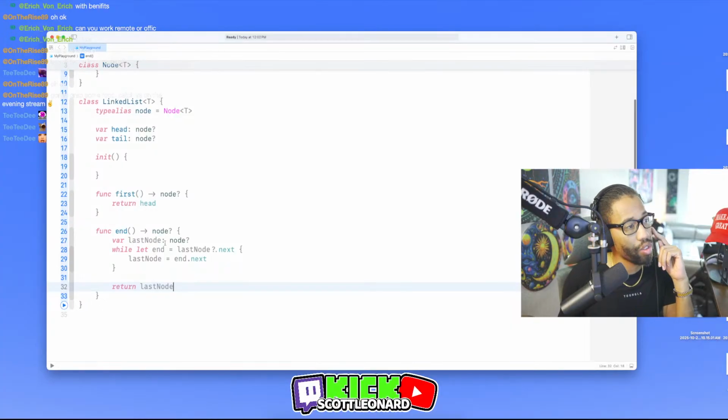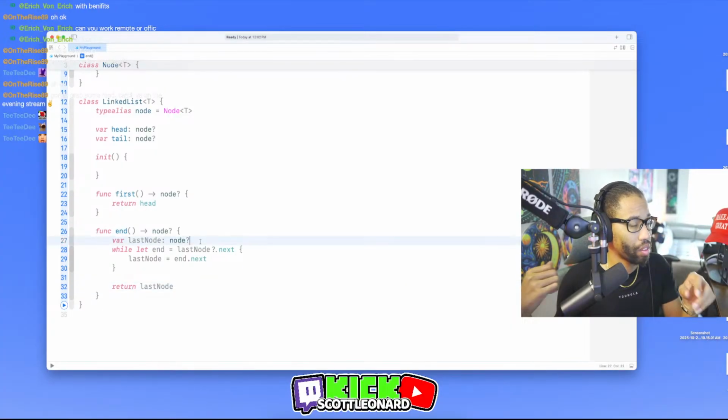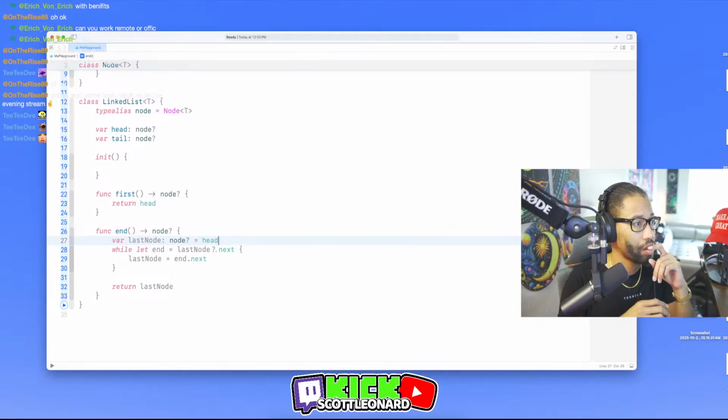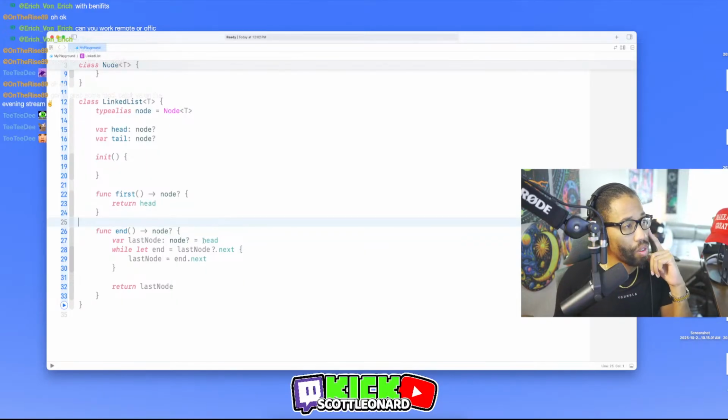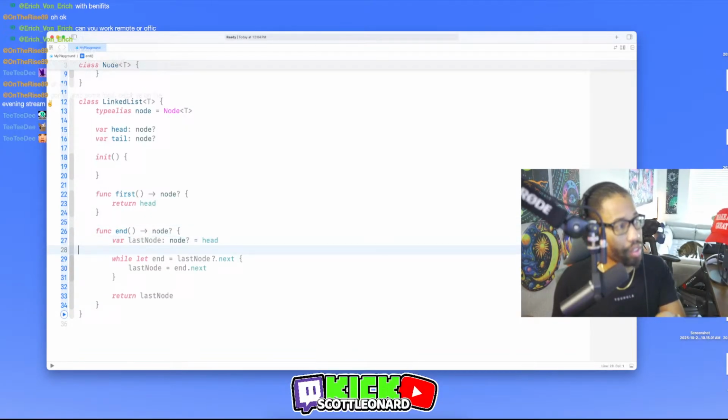But where does he get the initial value for this? This is going to be head. Equals head. That's what it was. So last node equals head, right? Then he hit head.next. While head.next is not nil, we'll keep looping through them, right?